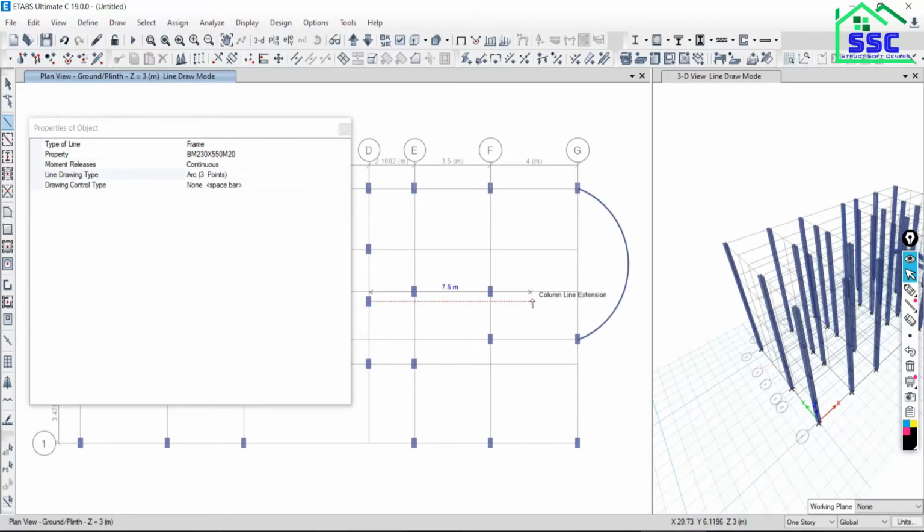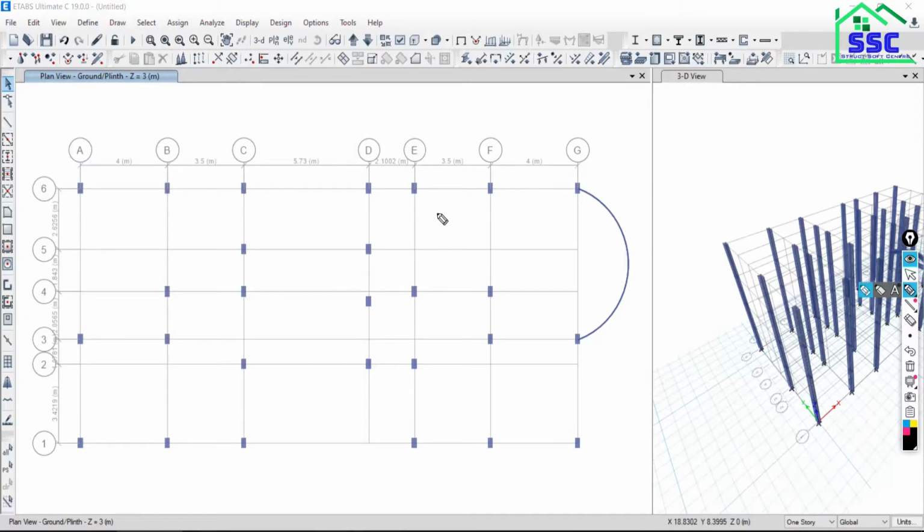The beam has to be modeled from this start point to the end point and the third point. Is it okay? Two end points and the midpoint you have to define. That is actually the radius from the base point, from your center. Suppose this is your baseline, and you have to model a curved beam like this.